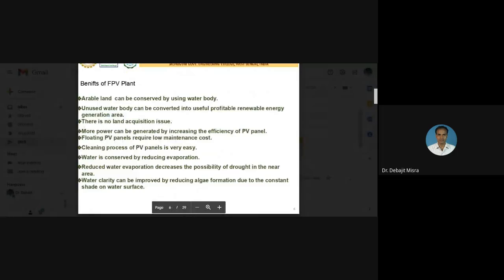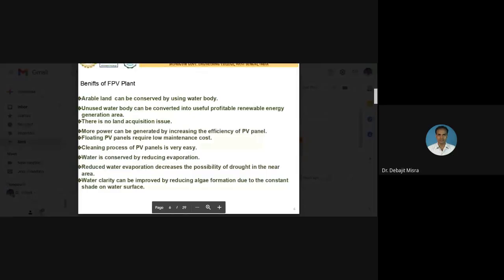Now, the benefits of a PV plant. Arable land can be conserved by using a water body, because unused water can also be used for power generation, renewable power generation. There is no land acquisition problem. More power can be generated, as already told, efficiency can be improved by cooling of the panel, and